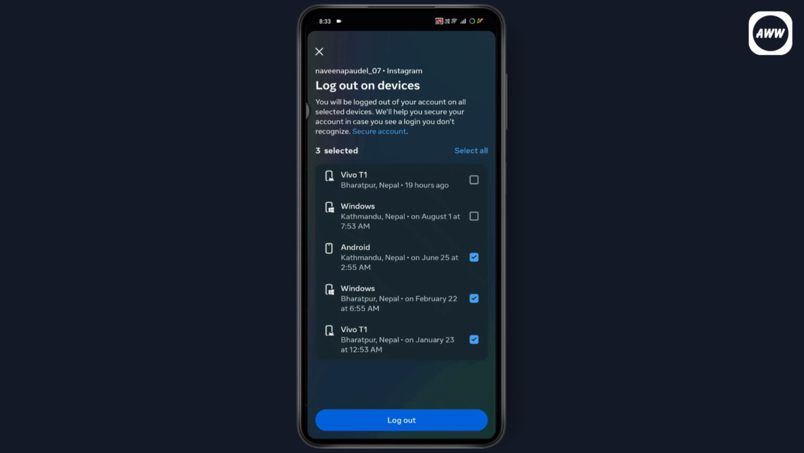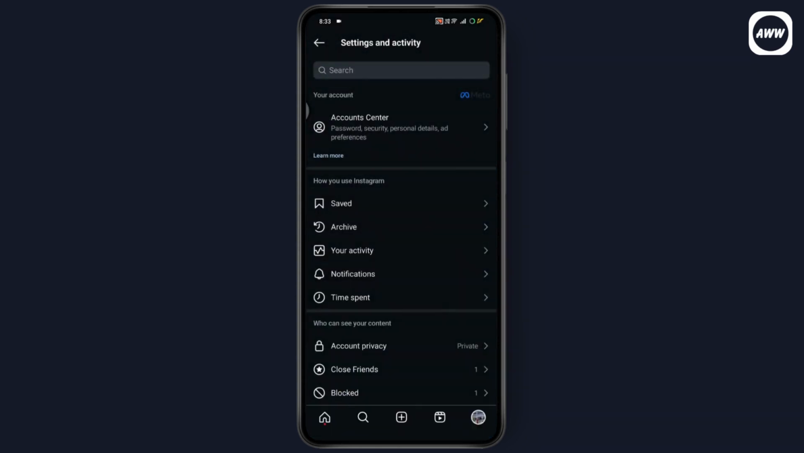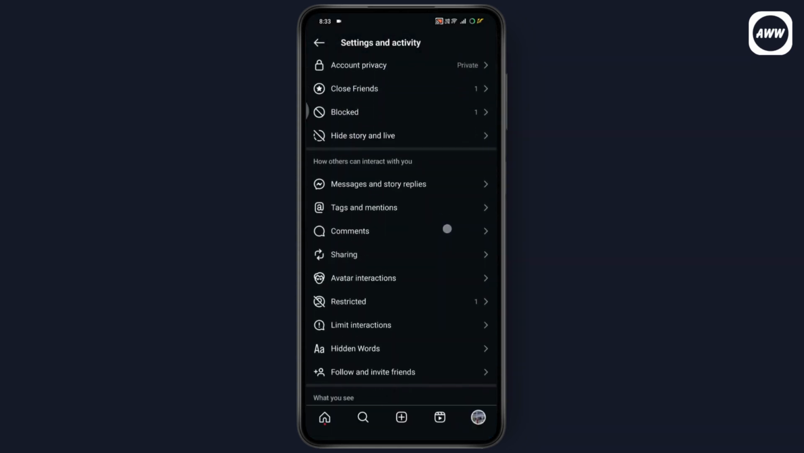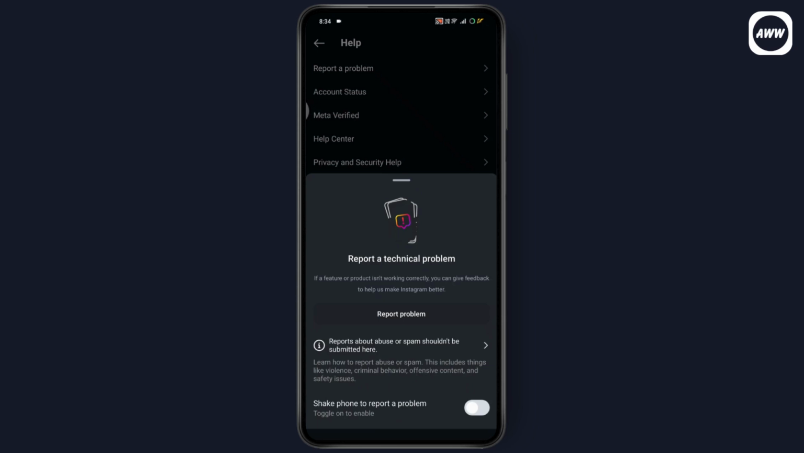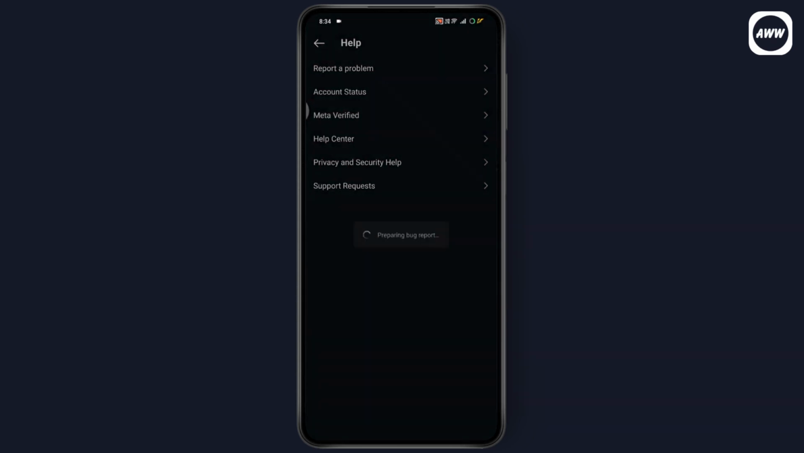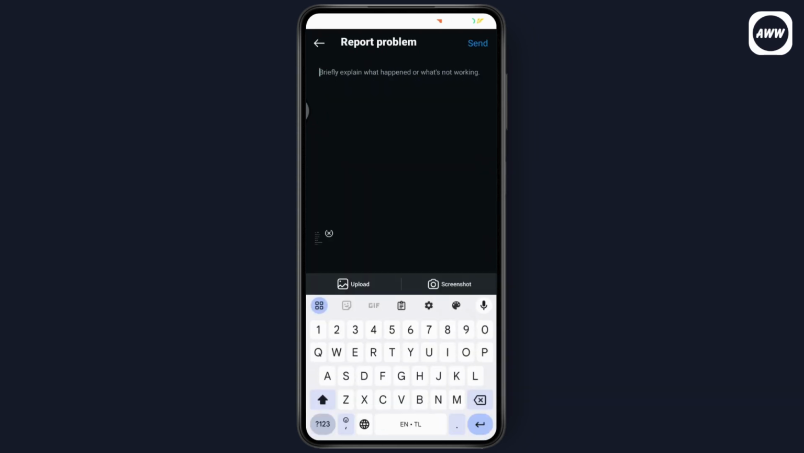But if that still doesn't fix your problem, then you just need to simply go back, and you need to go for your settings. So once you're in the settings, you need to scroll down. Once you scroll down, here you will have an option of help. Tap on help and then tap on report a problem, and tap on report a problem again, and it will create a report. So simply tap on don't include and continue,